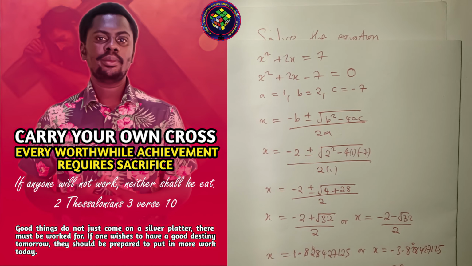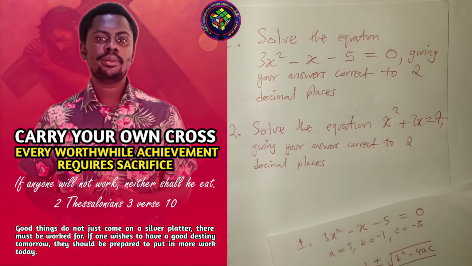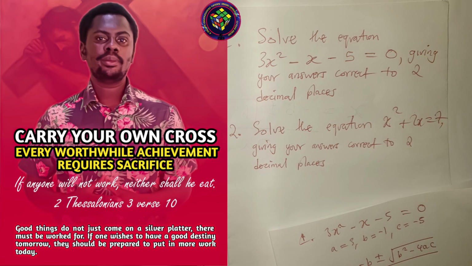That is for x squared plus 2x is equal to 7. So this is how you answer questions involving quadratic